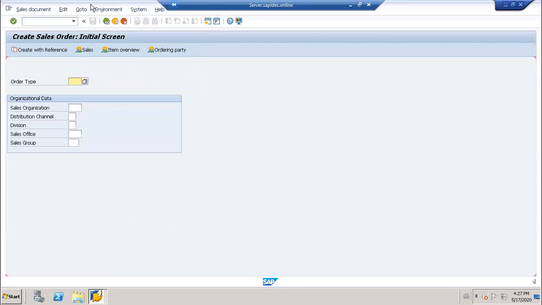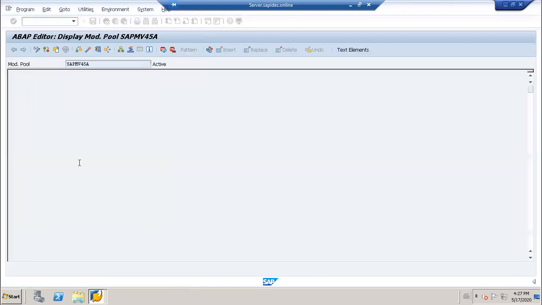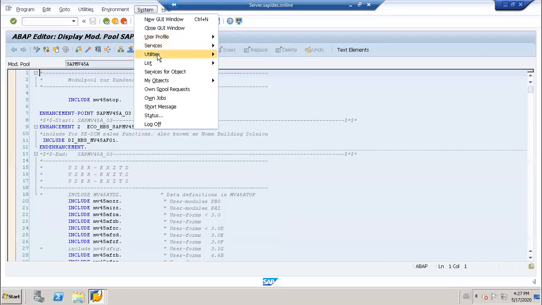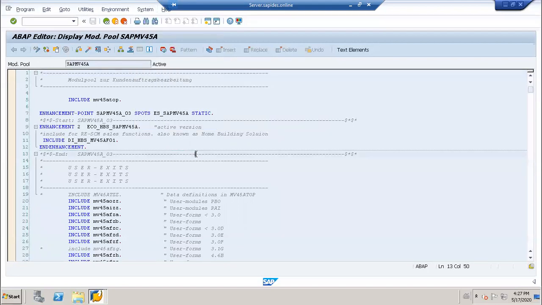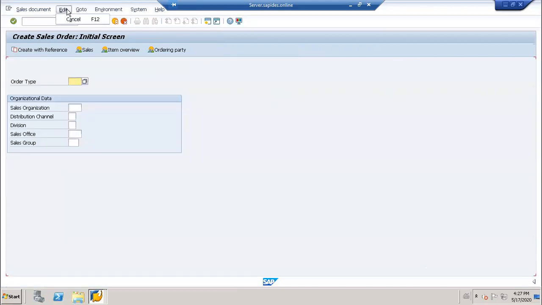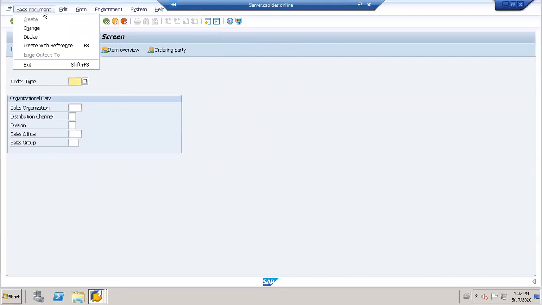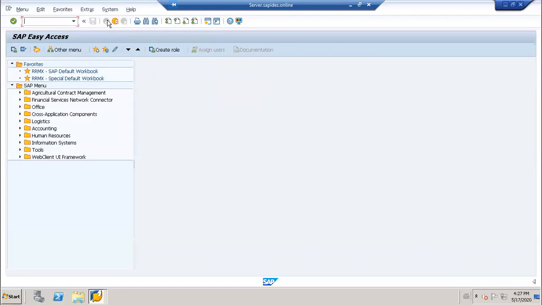If I want to find a function module related to this, you go to System, Status, then the program, and find the package.